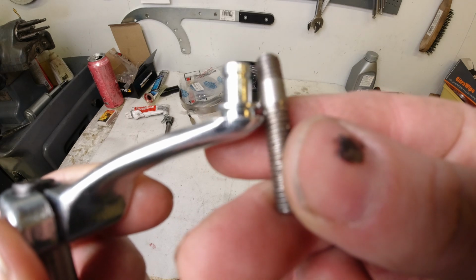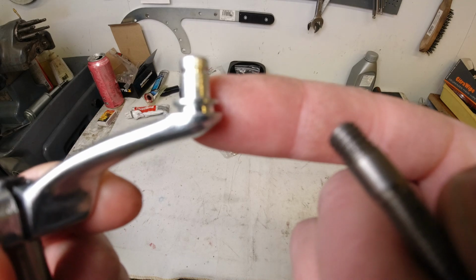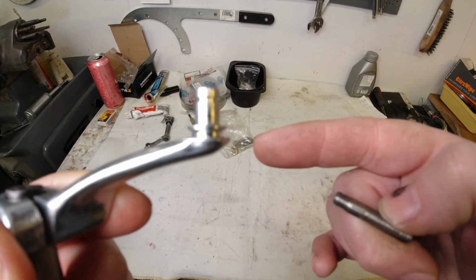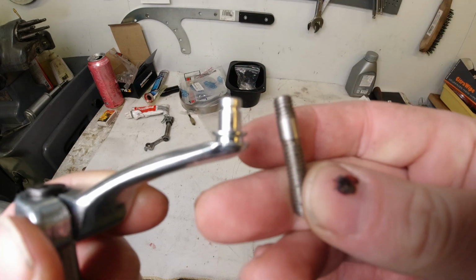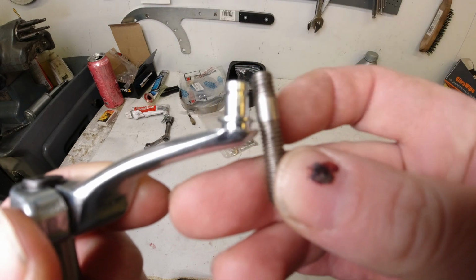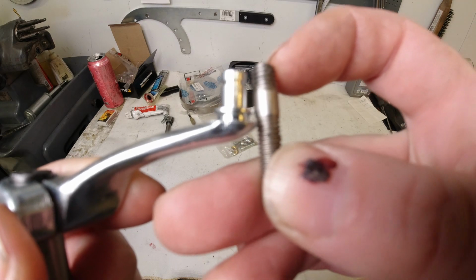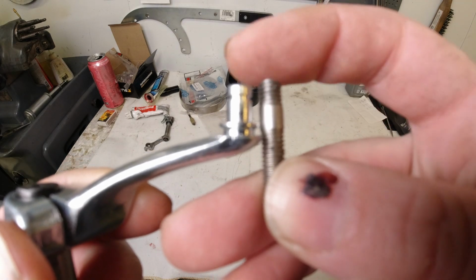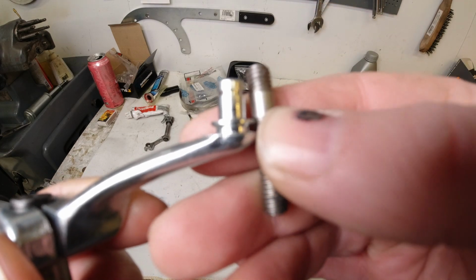So my plan of attack here is to fit this, thread this, cut off this, drill that, thread it, fit this, and then I can use a nylock screw on the top with the washer underneath. It doesn't matter that it's a little bit taller. The important thing is that this